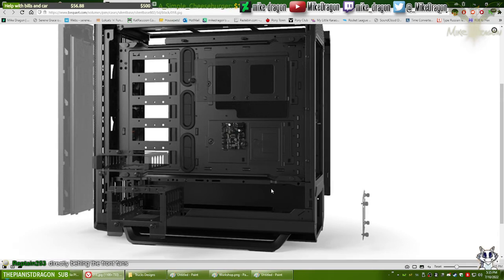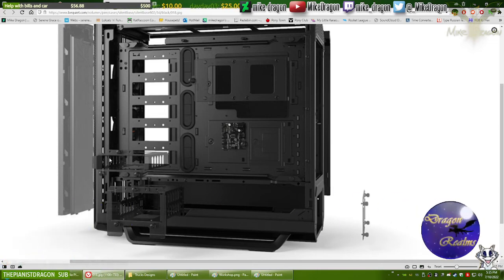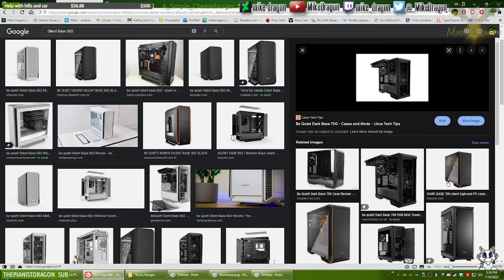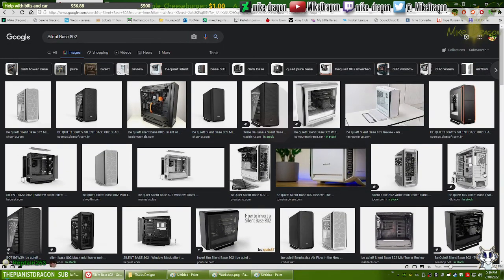Yeah, unless this thing has a caddy that can be installed here, I don't see where to install hard drives. Unless it's this thing here, that looks like just one. Directly behind the fan. Why such tiny pictures? My God, Google.